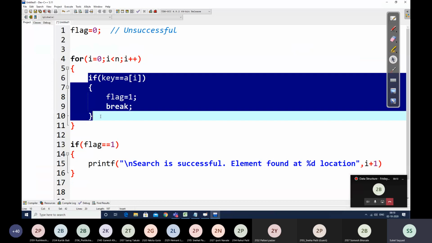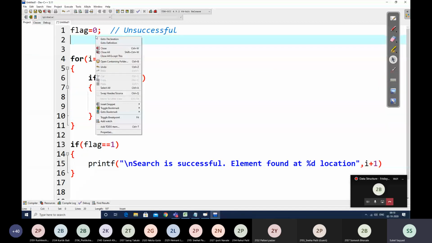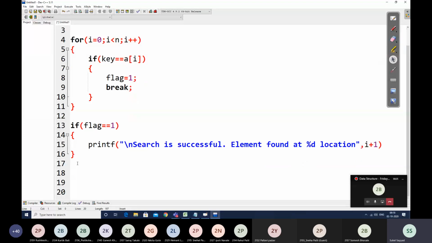So flag will remain as 0, which is our initialization. So if we complete the entire searching process, but the flag never becomes 1, we can conclude that the search is unsuccessful. And that is what we write in our else part, that here our search is unsuccessful.